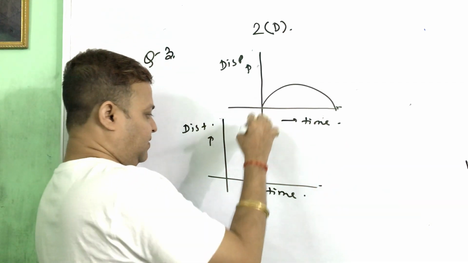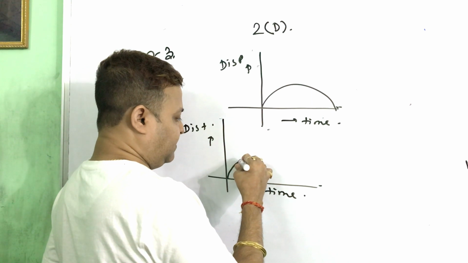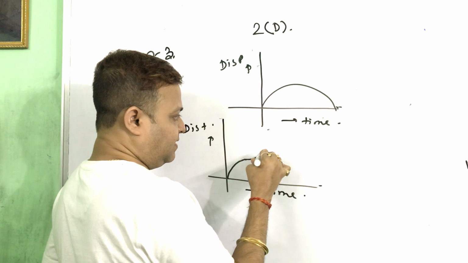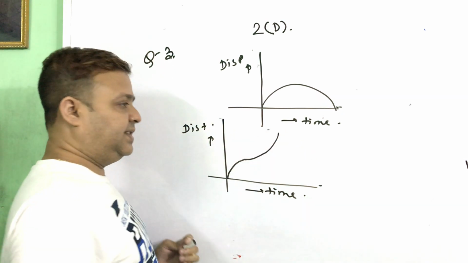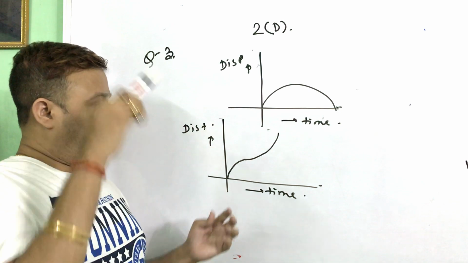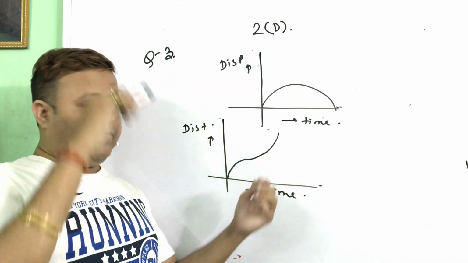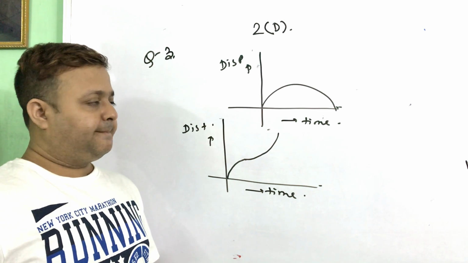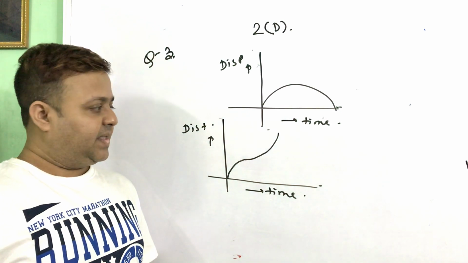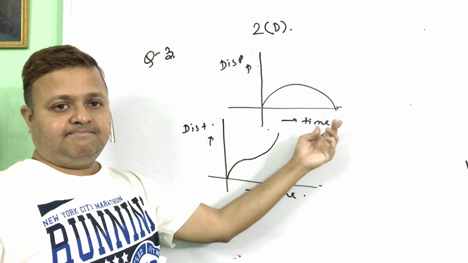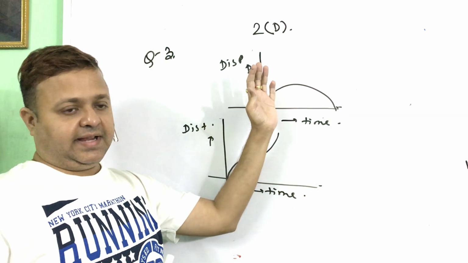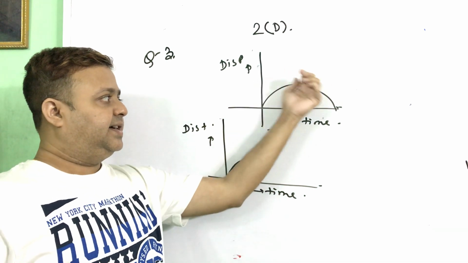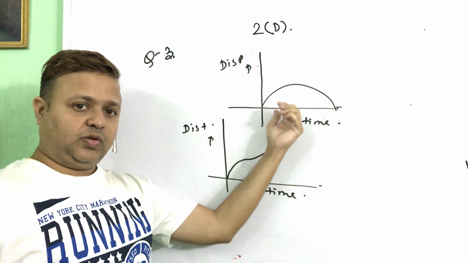First it is increasing and then it is decreasing. That means distance cannot be negative, so the nature of the graph, the curvature, will be in the opposite direction. I cannot make it negative. Here it is decreasing, which means the slope cannot be negative, but the nature of the curve will turn. Since it was increasing on this side and decreasing on this side, it curves the opposite way, but the slope is always positive.